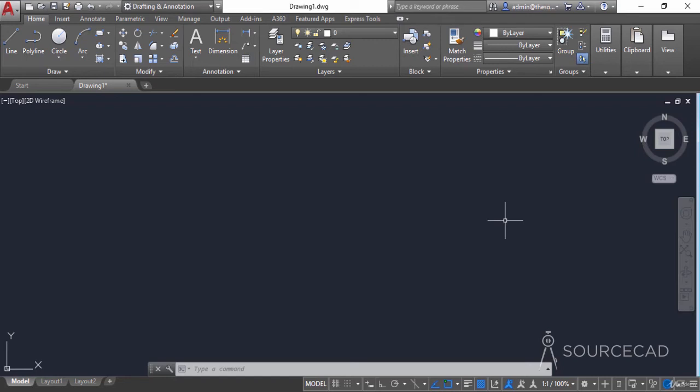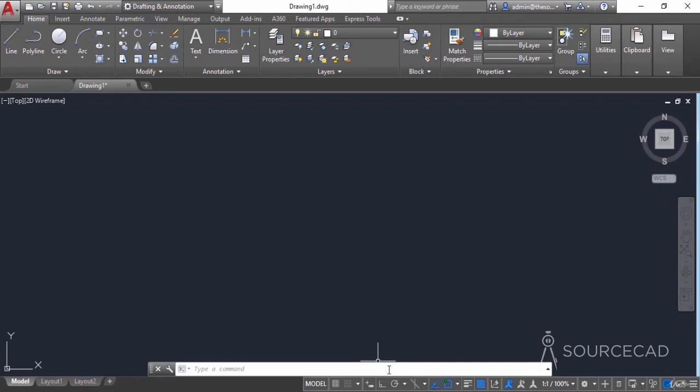So now we have defined the units as well as the limits in our drawing. We will save these settings as a template. But before saving the settings as a template, we'll change some of the parameters on the status bar of our drawing, because these parameters are really very useful, and we'll learn about these tools and these status bar toggles in the upcoming modules. For now, we'll simply keep a simple kind of setting that can be used in the upcoming